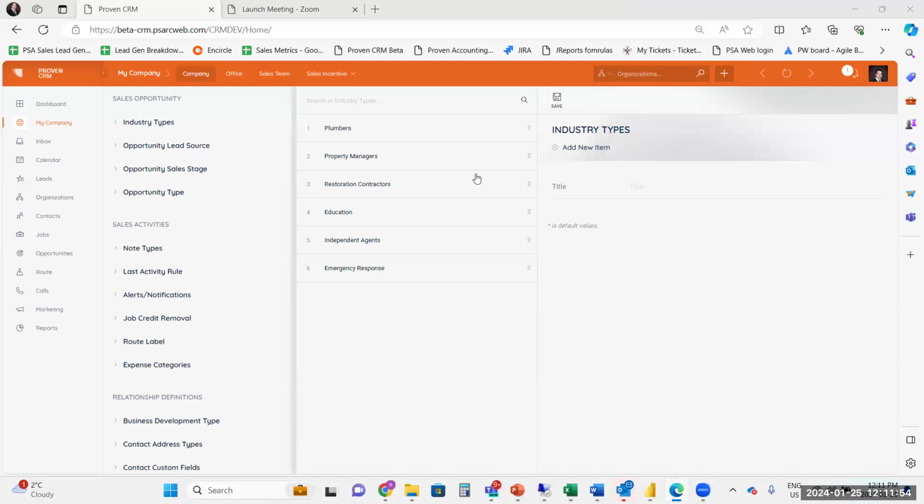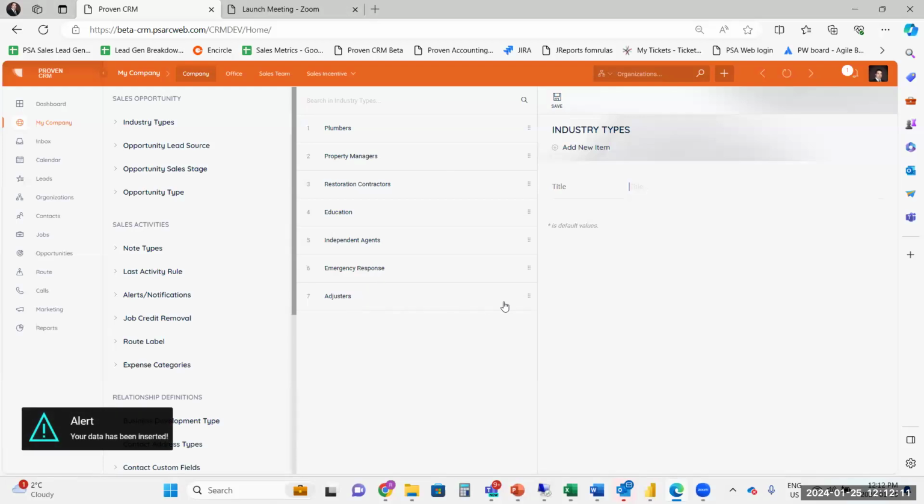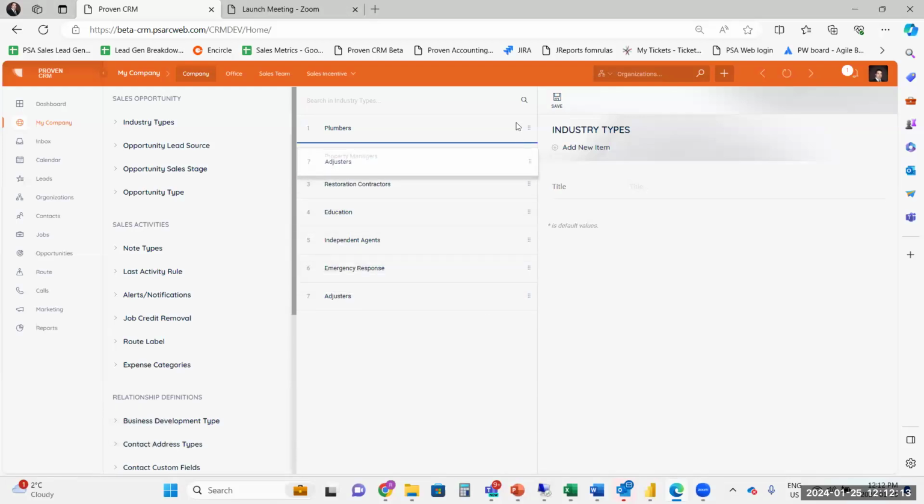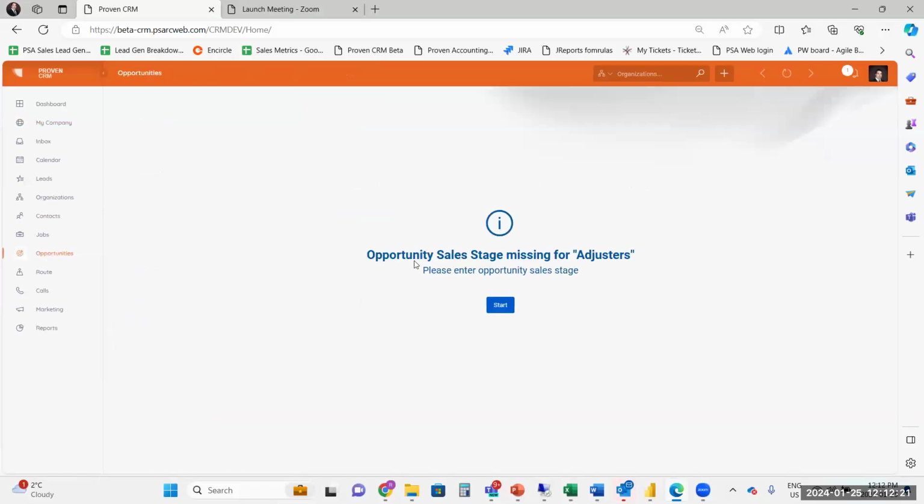And so as an example, if I wanted to come in here and let's just say I want to set up a brand new pipeline or industry in our system. Let's say I want to market to our adjusters. So in here, I'm going to set up a brand new industry type. And in here, I can move this around in any direction that I want in the system, so that when I go into my opportunities, the first thing it's going to say is, okay, you've set up a new industry, but you don't have any stages. You need to go in and set up your stages